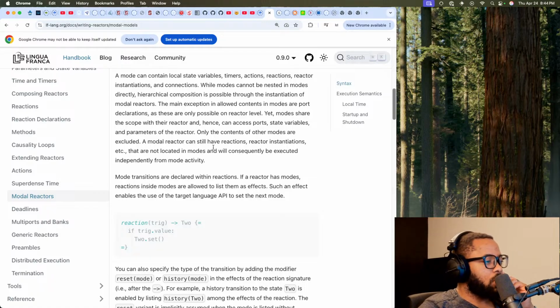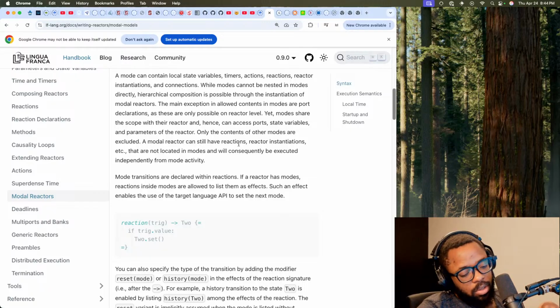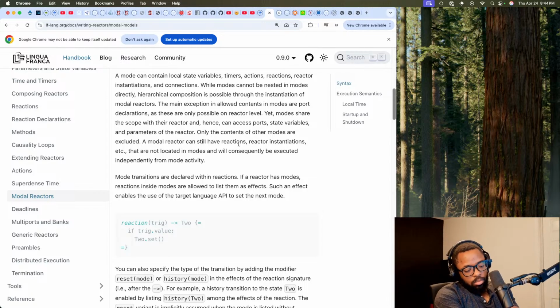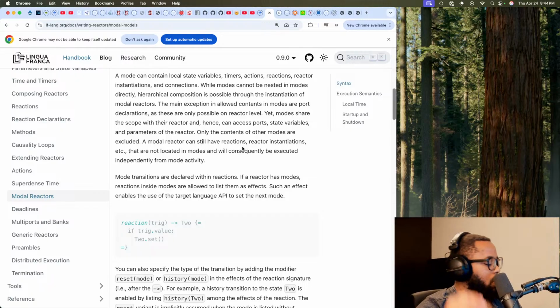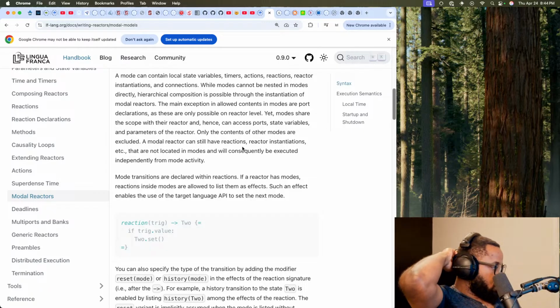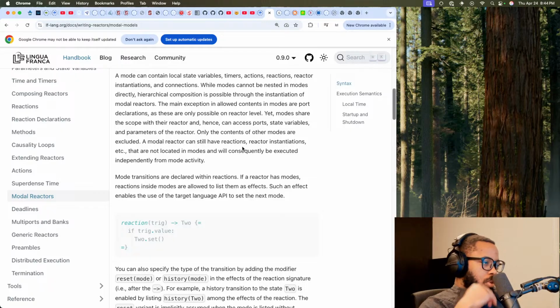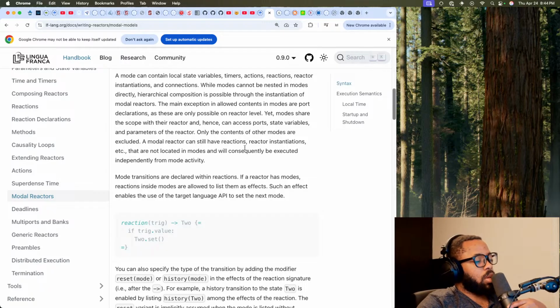So, yeah, it really is a full scope context, well, scope within a reactor. Probably simplifies the development of really complex reactors. Because without something like this, you probably end up having to create external reactors that you then use to compose inside a bigger reactor.